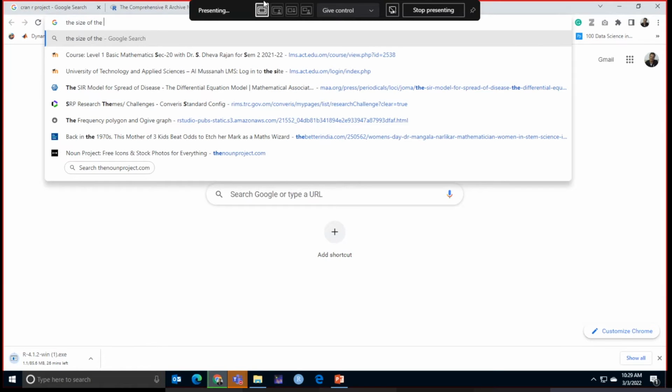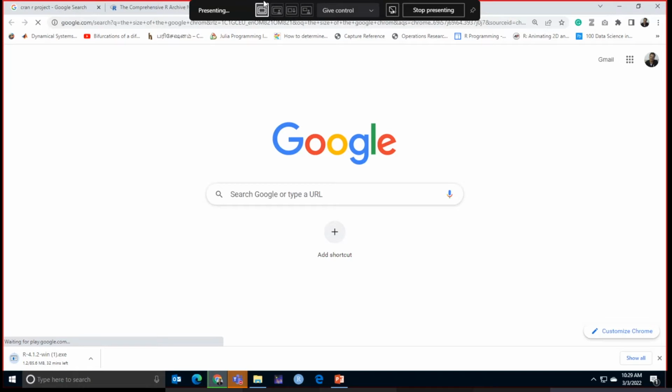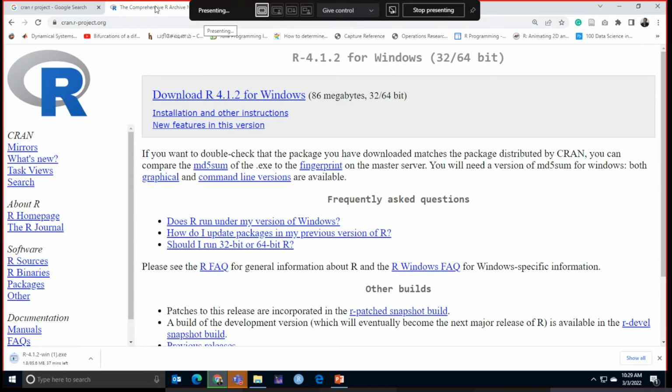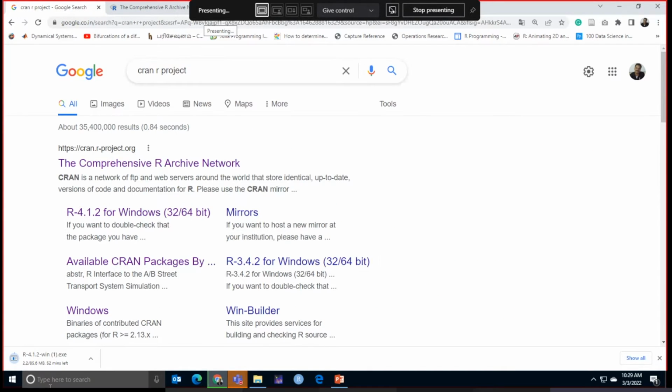The size of the Google Chrome, what I am using now, varies from 10 to 345.82 MB. 345 MB the Google Chrome has, whereas this R programming has only 86 MBs. It's a very small program, but it can do many tasks. Okay, so the next one, let it download, let it install, and